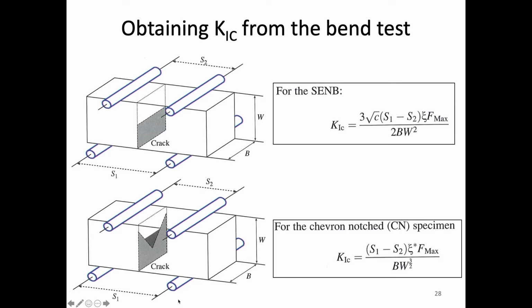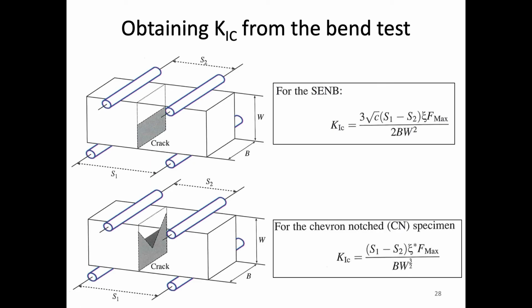And so what we do with these K1C tests is we actually pre-fabricate a crack or defect into the material. In this case, we take a bend sample, a bar, and we put a crack halfway through the material. There are a couple different designs here. There's this design where we just put a notch in that takes up half the volume. Here we put more of a chevron design in the notch. So there are different geometries, but the same idea is we predetermine a crack, and then we bend the material and look at the